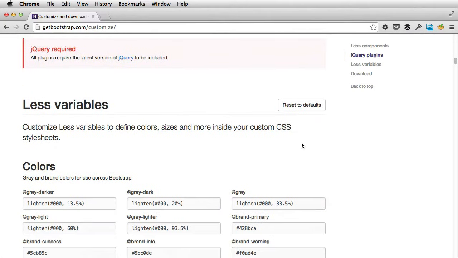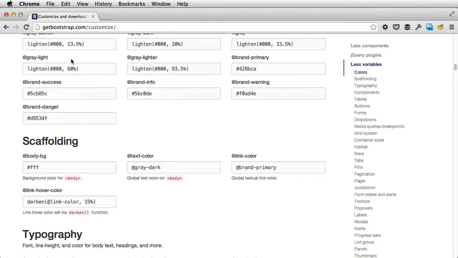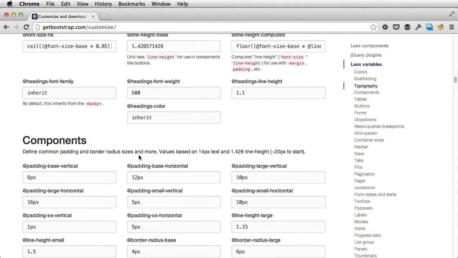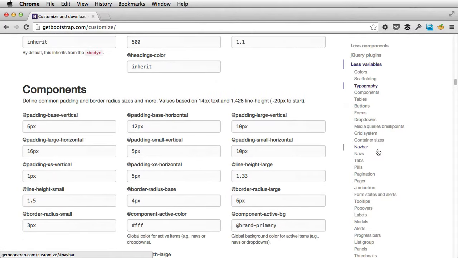After that, you can go even further and you can customize the less variables. So for colors, typography settings, you can set different fonts, various styles for the components, and as you can see on the list here on the right, you can customize virtually anything, so you can create something really unique that